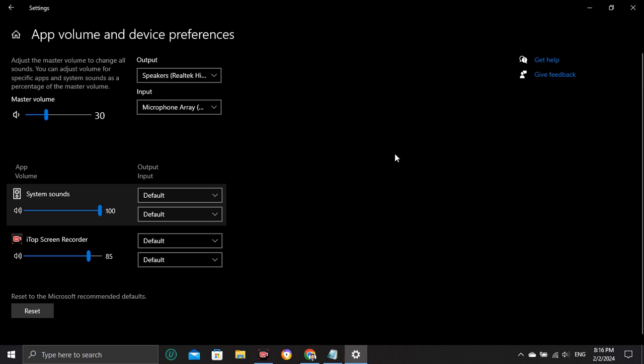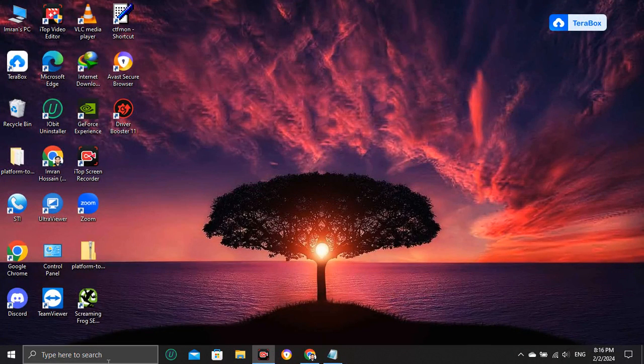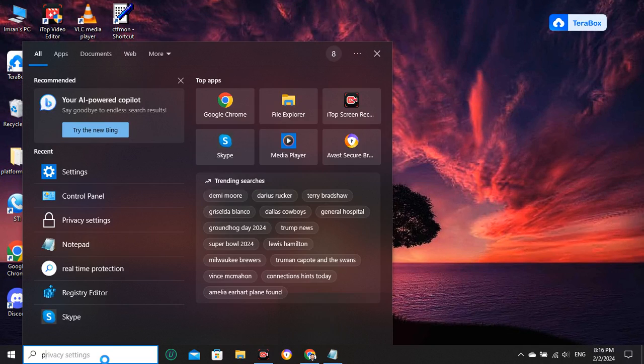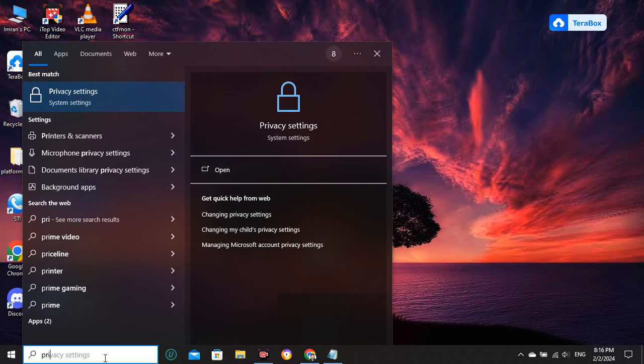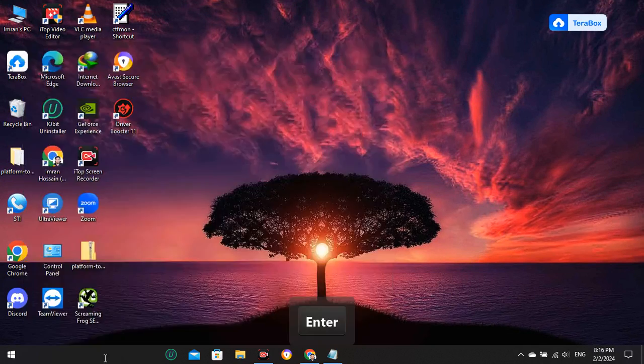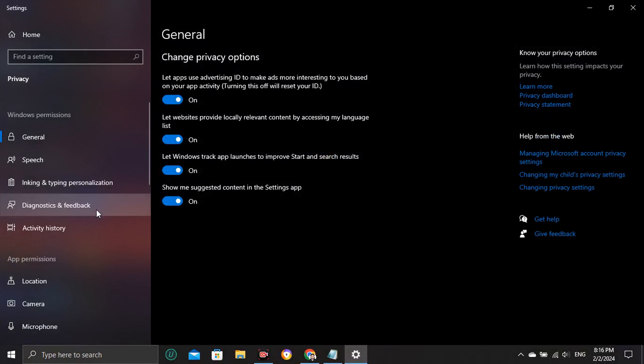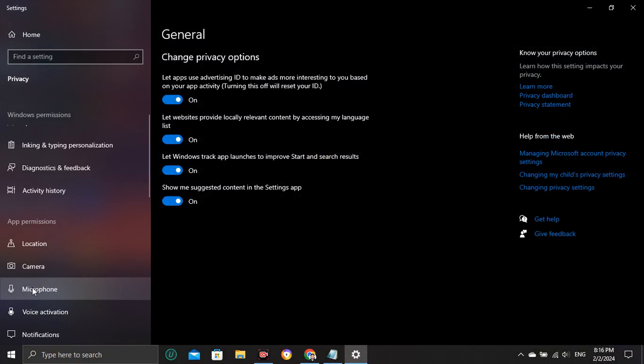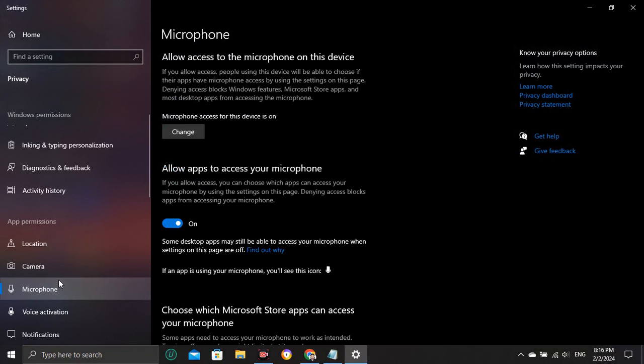Okay, after that close this and go here to Privacy settings. Under this privacy settings you will find here Microphone, this one. Click on this and make sure the option to allow apps to access the microphone is turned on. Okay, if